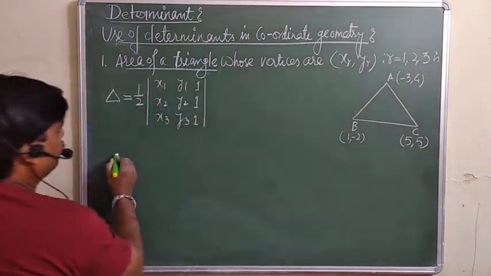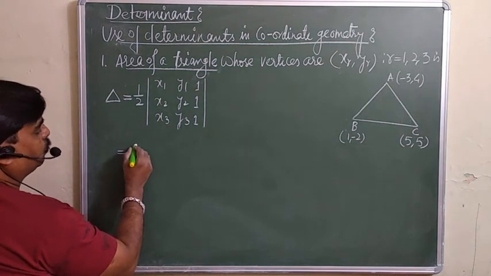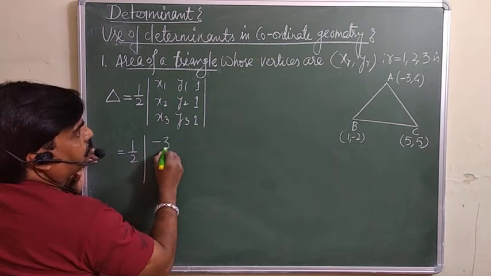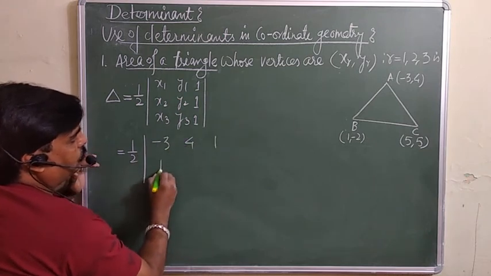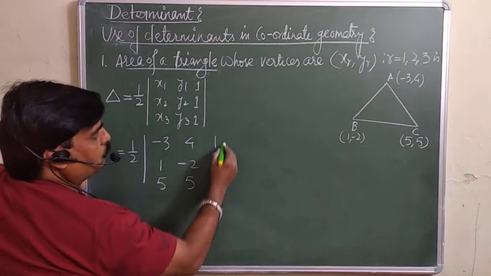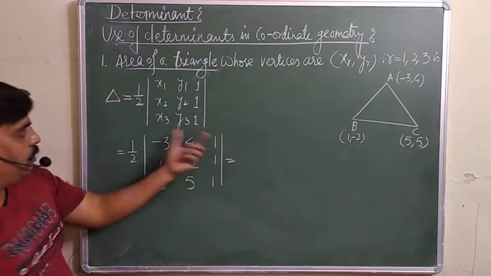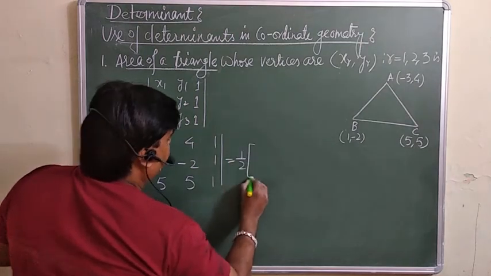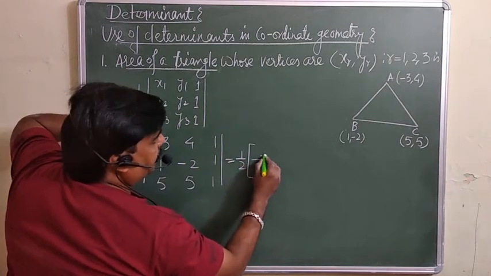So let this example we are taking, we want to find out the area of this one. 1 over 2, you must write down this minus 3, 4, 1, 1 minus 2, 5, means vertices as usual, but you must write down 1, 1 is here. And just calculate this one only, you will get the area of this triangle. So 1 over 2 here. For this one, minus 3, directly I am doing.